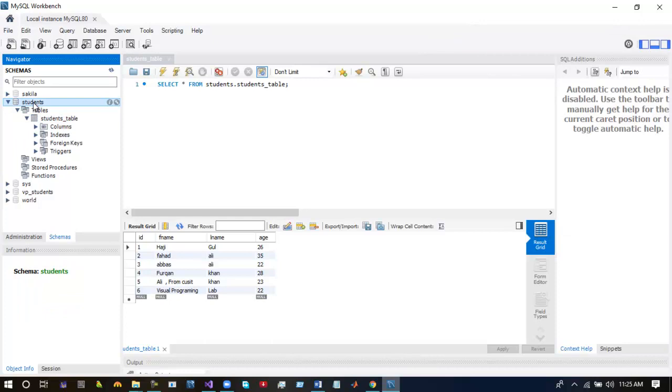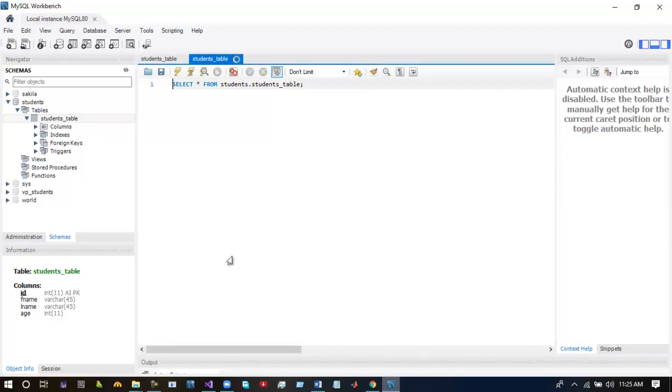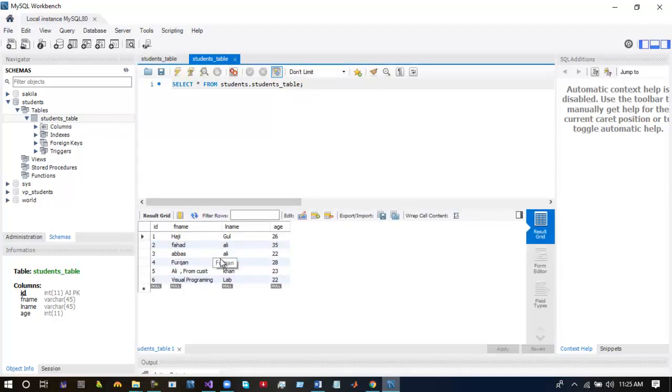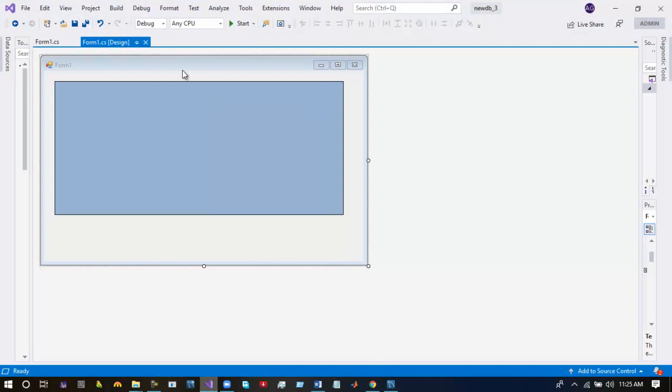This is the database, this is the table, and this is the data inside this table. I'm going to display this data in a data grid view over here in C sharp.